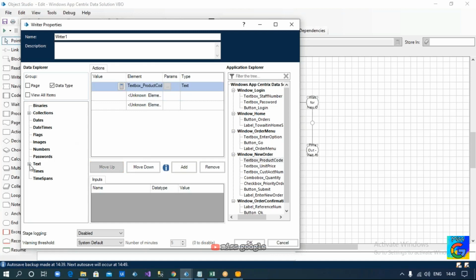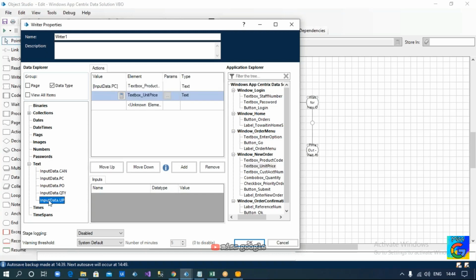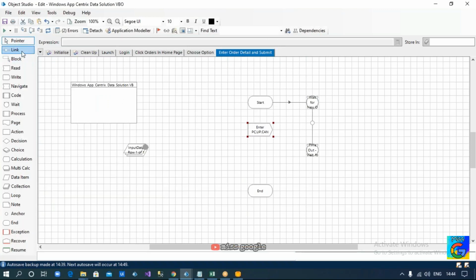In the first step, you enter the product code, input data dot product code, unit price, input data dot unit price value from the collection, and then we pass text: product code, unit price, customer account number. Enter product code comma unit price comma customer account number. Just name it like that. Okay, so after entering that,